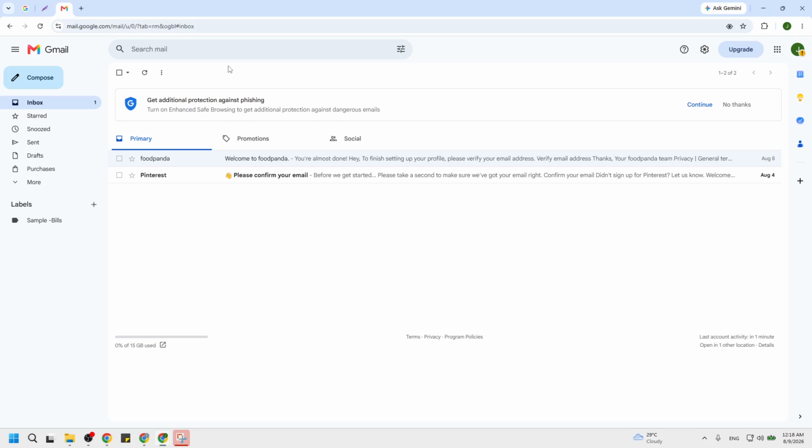Now that you are in your inbox, select the email. Find the message you want to add to a label in the list. You can either click once on the small checkbox to the left of the sender name or click anywhere on the email row to open it. When the email is highlighted or opened, Gmail knows that this is the message you want to work with.